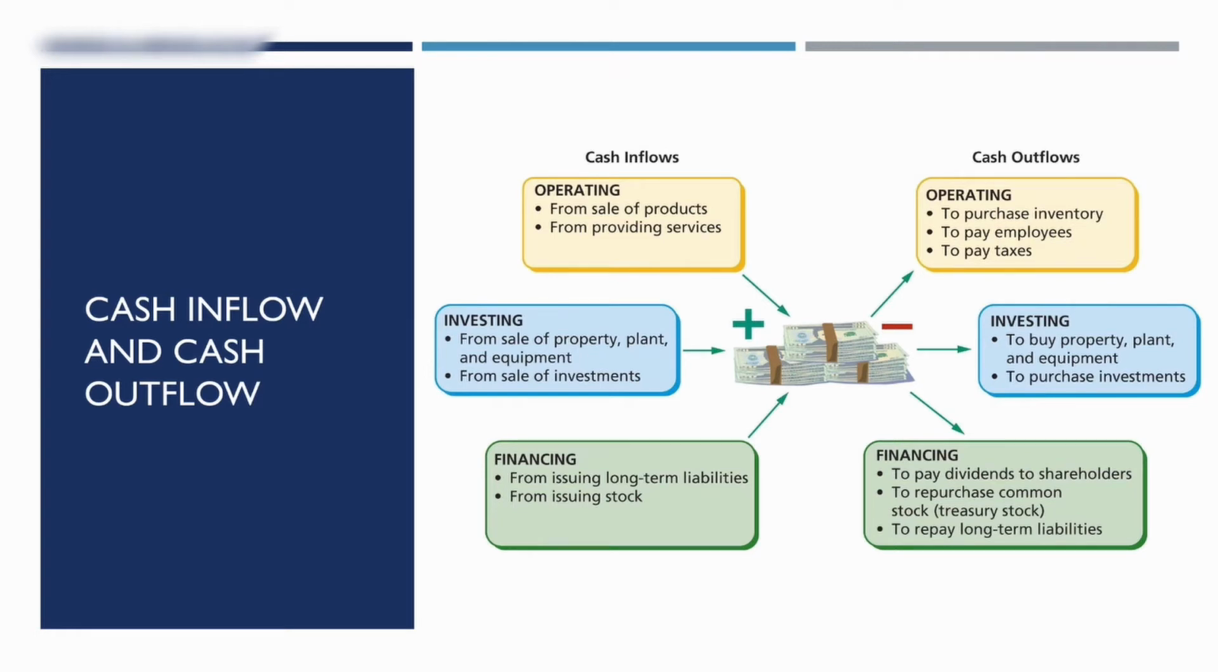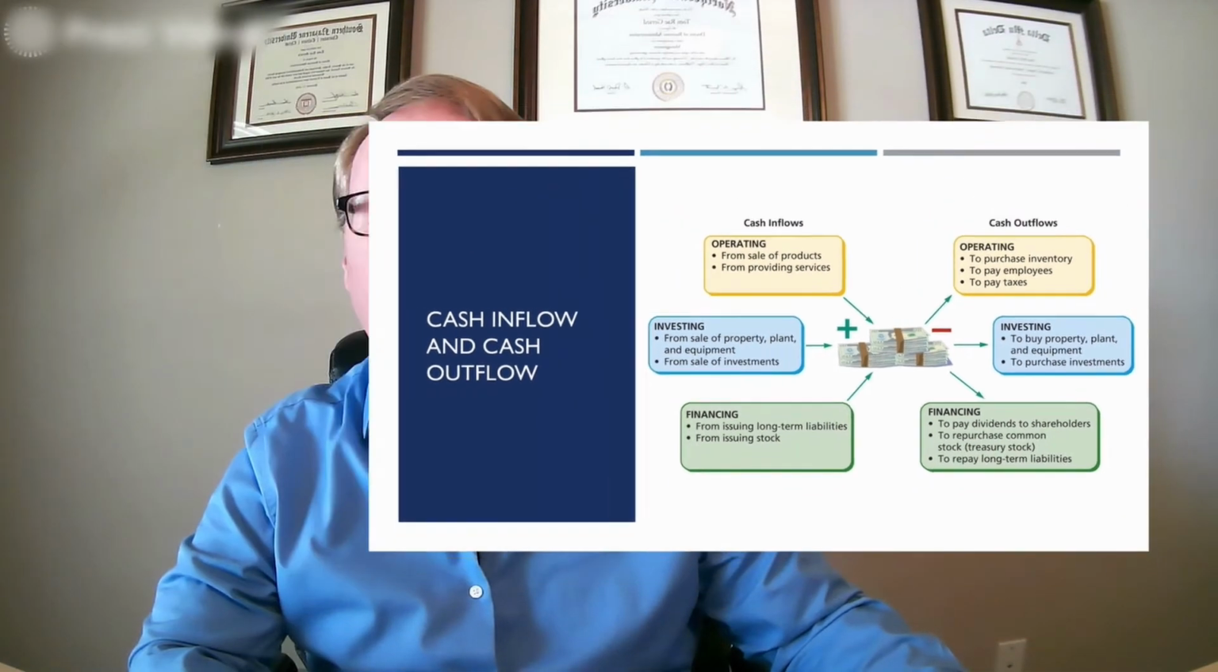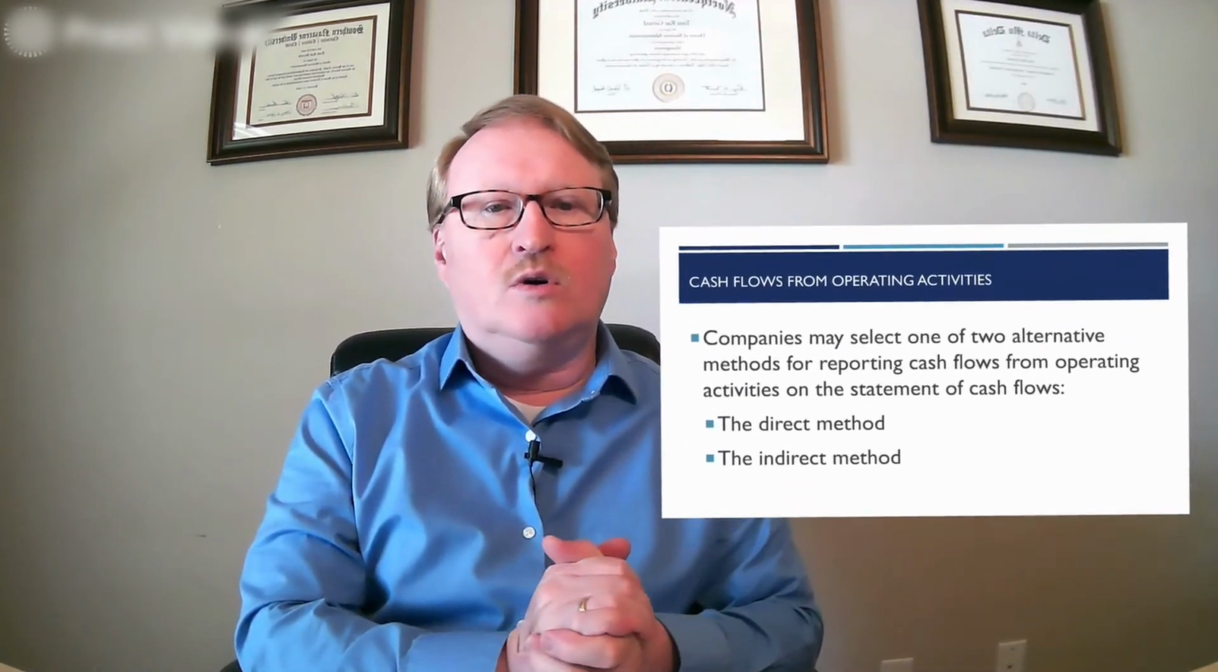The financing obviously coming in is the money that I get from the bank, which is long-term liability, or maybe I've issued stock, which I have to pay dividends on. And here you'll see financing, pay dividends to shareholders, which is really my cost of issuing stock, so to speak, and to purchase common stock, but also to repay the long-term liabilities. This is that $50,000 on that truck that I'd have to buy, okay? All right, so